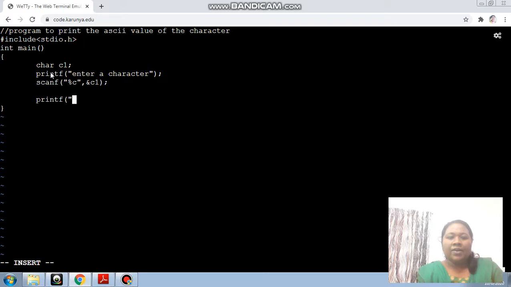At the same time, we are going to print the result in a single printf statement itself, finding the ASCII value and displaying the ASCII value in the same printf statement. We are going to do it. So for that, the message is like this, which we are going to display back to the user: ASCII value of the character is,